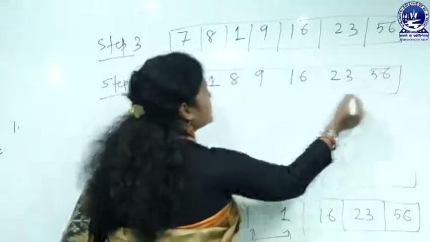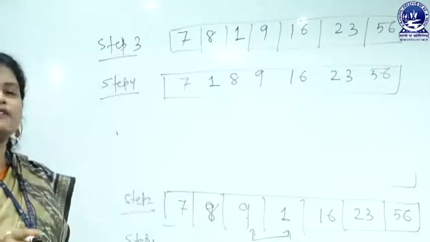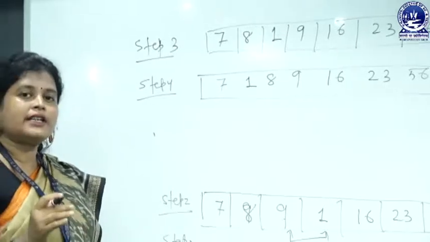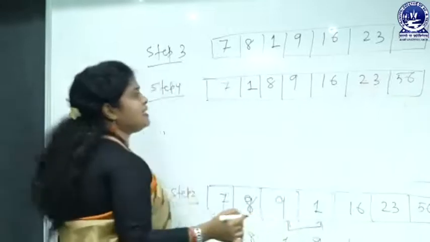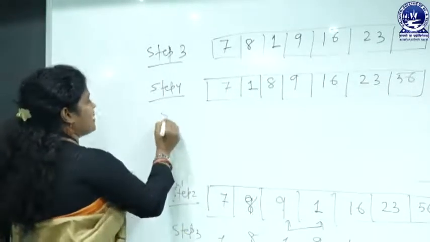All of this is actually inside the programming, inside the logic. Every time there will be a check, and if the rule is violated, then swapping. Okay. Comparison will be performed at each step. Then step 5,